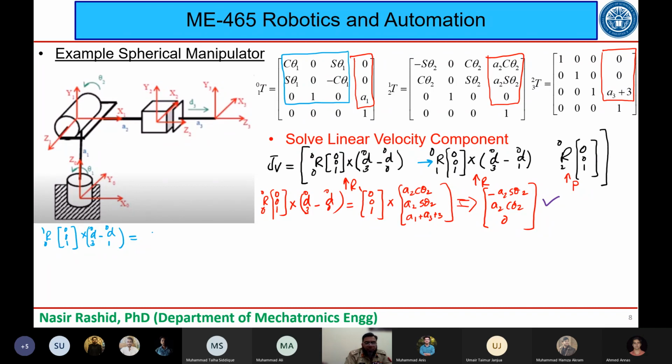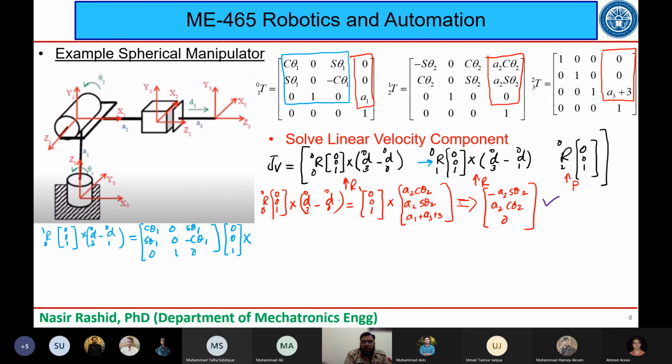So this is cos theta 1, 0, sin theta 1, then sin theta 1, 0, minus cos theta 1, then 0, 1 and 0, ठीक है। This is to be multiplied with 0 0 and 1, and then इसका जो क्रॉस प्रोडक्ट है वो हमने ये लेना है।